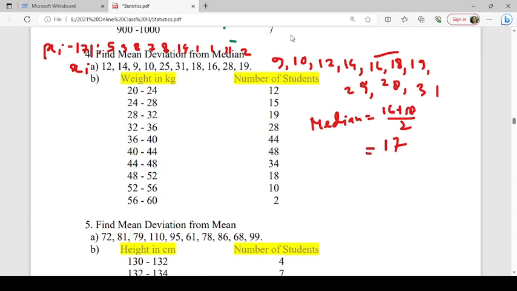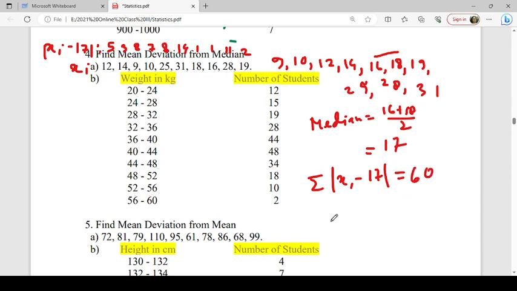Summation of modulus xi minus 17 is equal to, add this, it is 2, 4, 15, 29, then 30, 37, 44, 52, 55, 60. So this is 60,